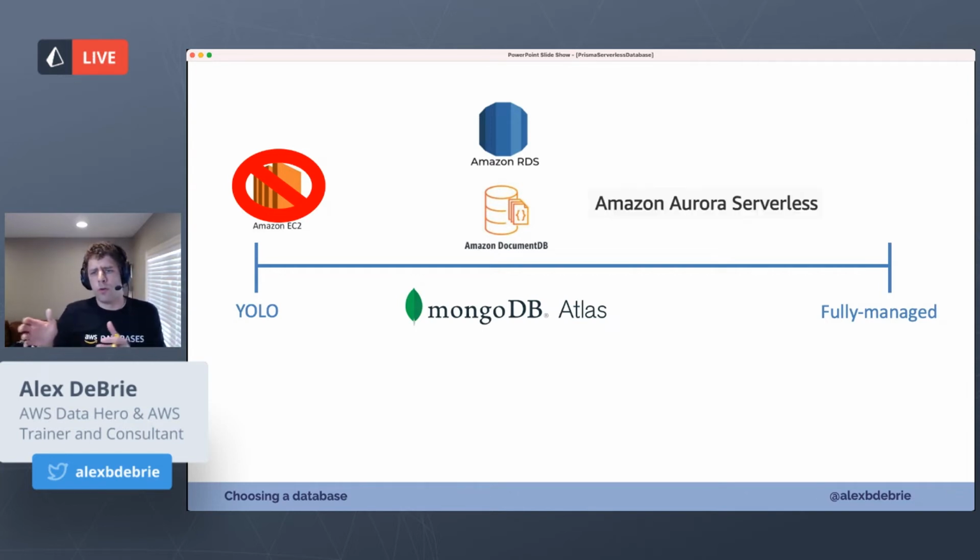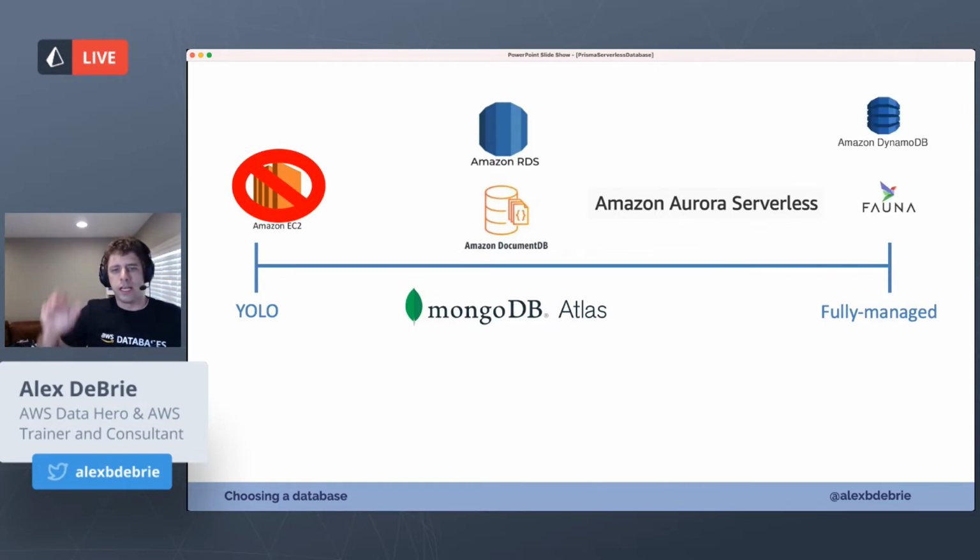Next one over would be one called Amazon Aurora Serverless. This is a new-ish one. So they've had Amazon Aurora. They also have this serverless flavor that scales the compute up and down. They had a V1 version that was just okay. V2 version just came out at re:Invent. It's still pretty new, but it's pretty promising and interesting, to where you get closer to that fully managed